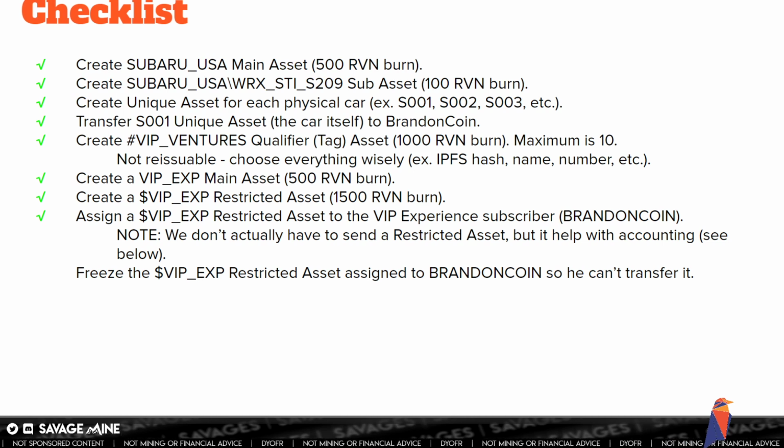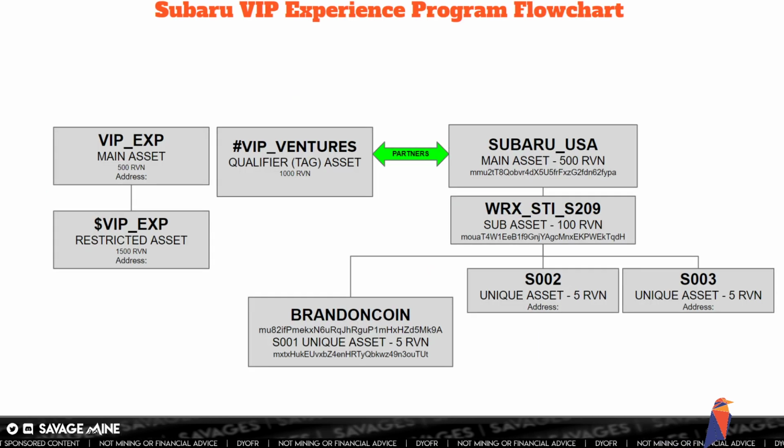And what I realized today, as I was looking at this a little bit more, is that in our scenario here, we didn't really need to create a restricted asset, because all we really needed is the tag. The tag just says that an address has it. You can look on the blockchain using the wallet, the interface is the wallet.